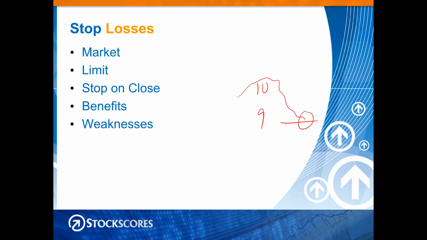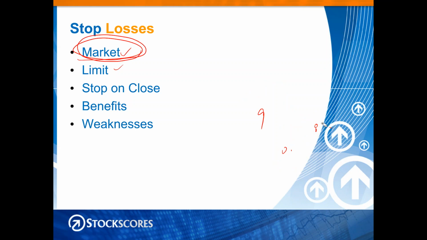You have two choices. You can have a market or a limit order. A market order says if it hits $9, it will sell at whatever price is available. So if there's a buyer only at $8.50, then your market order gets filled at $8.50. So you don't want to do market orders with stocks that are not very liquid. By liquid, I mean how actively they trade. If the stock is traded really actively, then chances are if it hits 9, you'll get filled at $8.97, something like that, because it's actively traded. So the more liquid a stock is, the more likely I will be to use a market order.